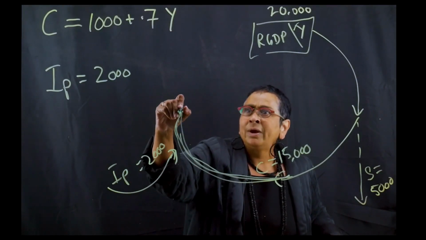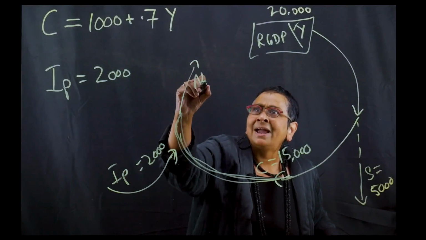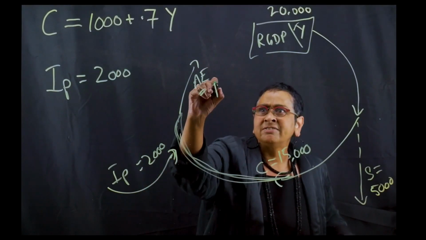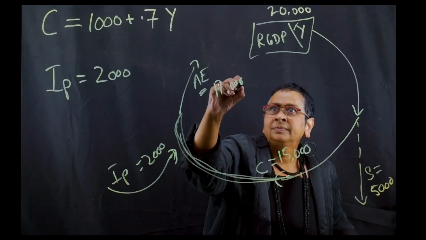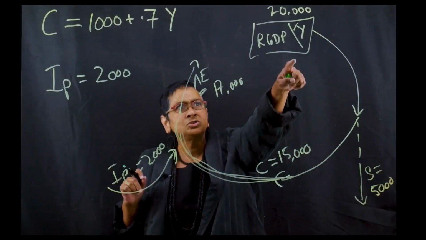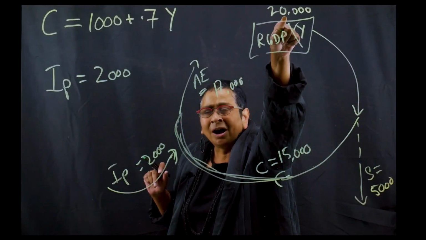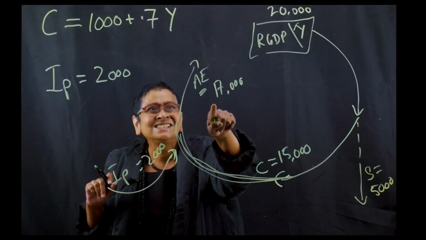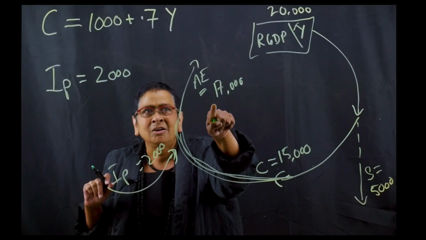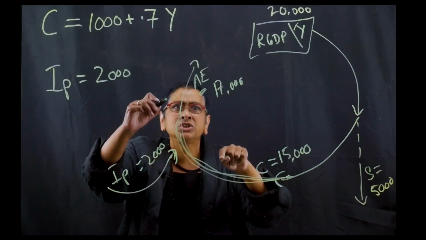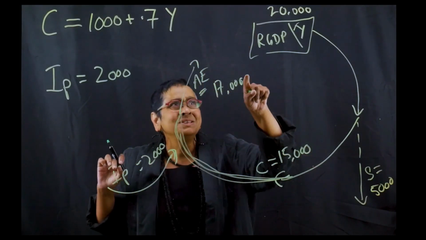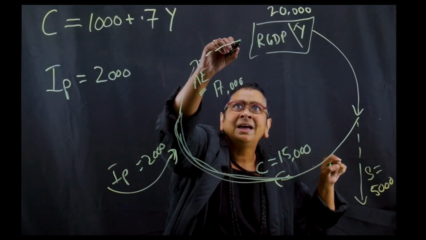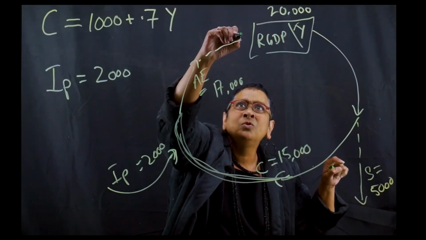And so when I add the two together, my aggregate expenditure in this case is 15, 16, 17. And take a look at what happened. I produced 20,000 of Y or income. I was able to sell 17,000 of planned aggregate expenditures. That difference means that I produced 20,000, I was able to sell 17,000, and then what that means is over here,